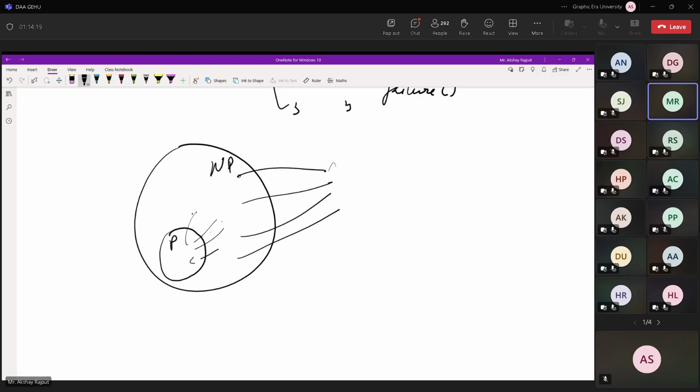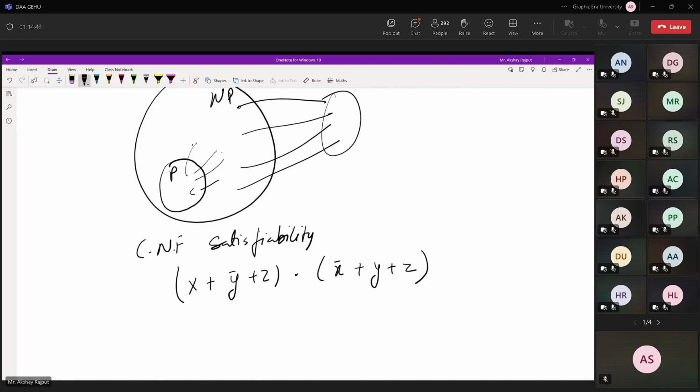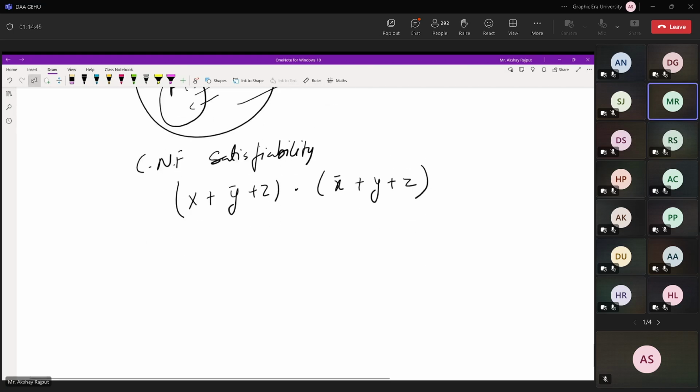अब कुछ प्रॉब्लम्स होती हैं जिन पर ये सारी एनपी प्रॉब्लम्स मैप हो सकती हैं। मैं एग्जांपल देता हूं। एक होती है हमारे पास सीएनएफ सेटिस्फाइबिलिटी। सीएनएफ इज कंजंक्टिव नॉर्मल फॉर्म। लेट से मुझे 3 वेरिएबल लेने हैं एक्स, वाई, जेड, तो मैंने किया (एक्स + वाई बार + जेड) . (एक्स बार + वाई + जेड)। अब मुझे एक्स, वाई, जेड की वो वैल्यू चाहिए जिसके लिए ये ट्रू हो।